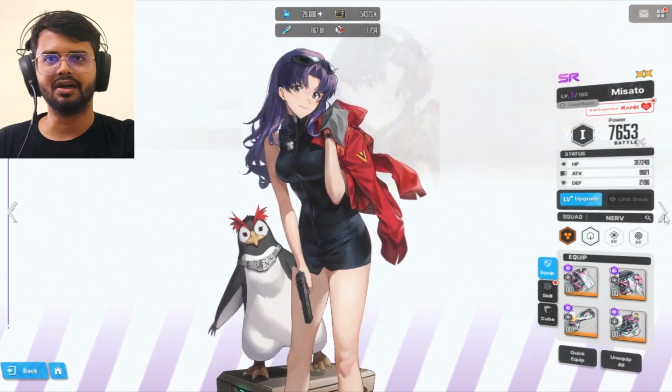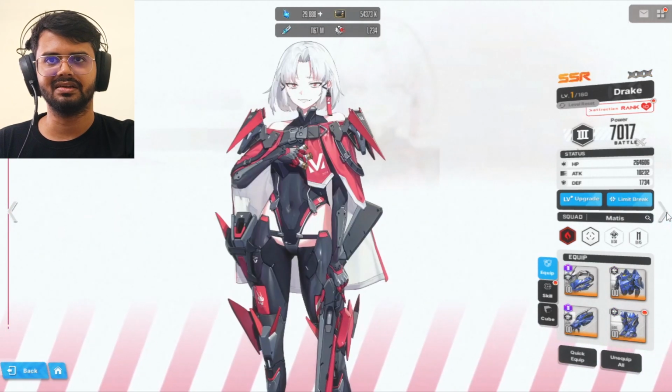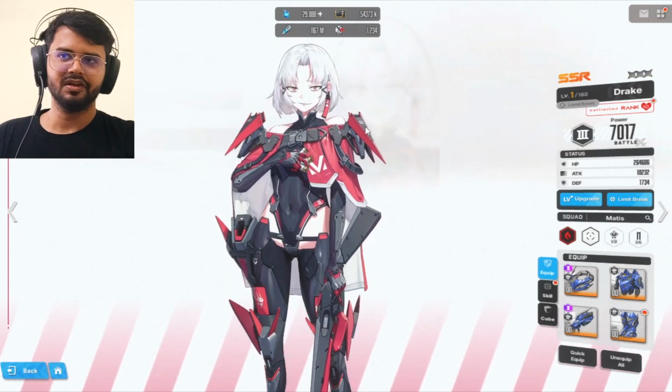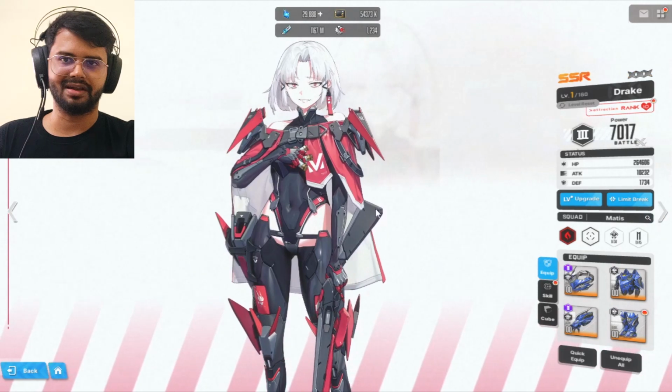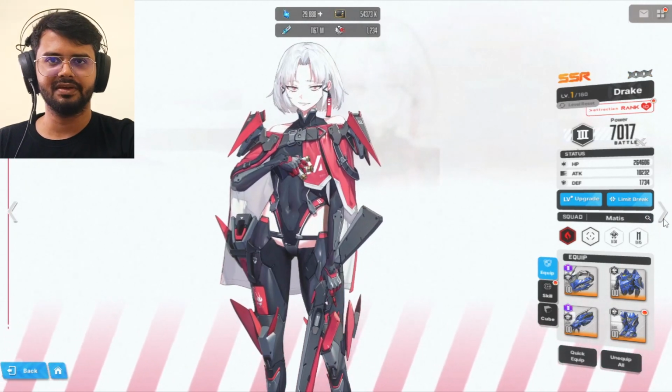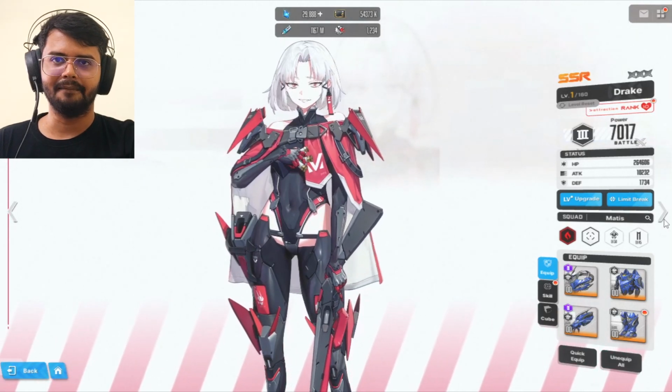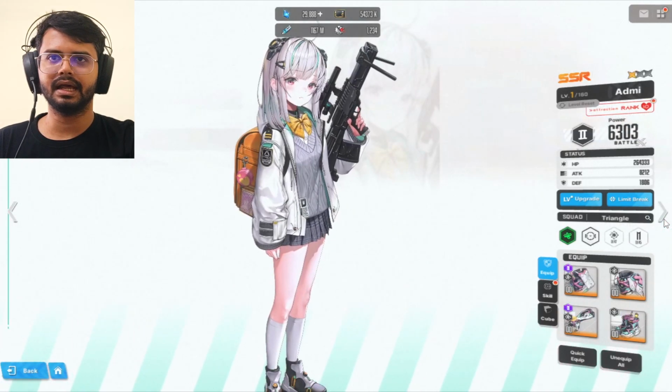Now I think all these characters are done. These are all ones I haven't put in the synchro thing, so you'll see them all at level 1. So there you go. Drake is there. Little by little, I'll put each and every one of them in the synchro thing. Yeah. Then Admi,